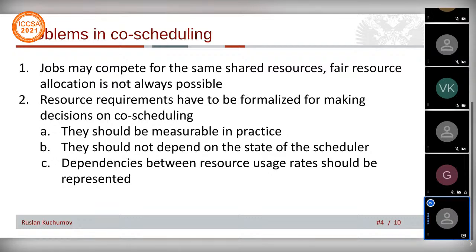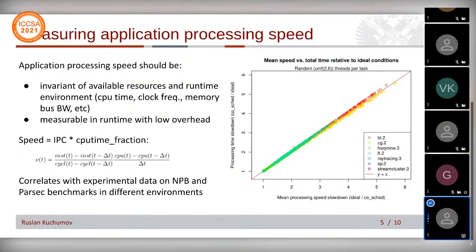So to provide this feedback matrix, we are using a very simple formula, which is simply a task instructions per cycle counter multiplied by the CPU time fraction, which was available to the task that is being measured. This formula is very simple. It produces very accurate results of